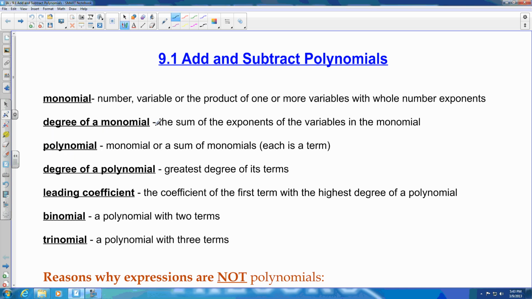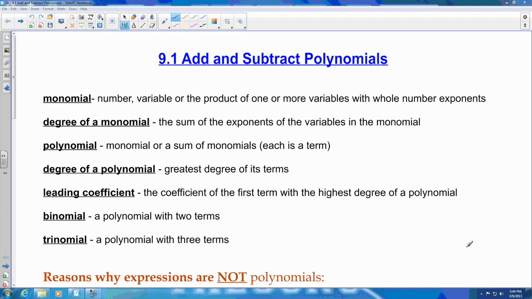Okay, we're in a new chapter, chapter 9, and 9.1 deals with adding and subtracting polynomials. Now, before we get into the lesson of adding and subtracting, there are some terms that we're going to be using throughout not only this chapter, but as we move forward. And these are the terms that are very helpful, especially when it comes to being able to explain and understand different components of